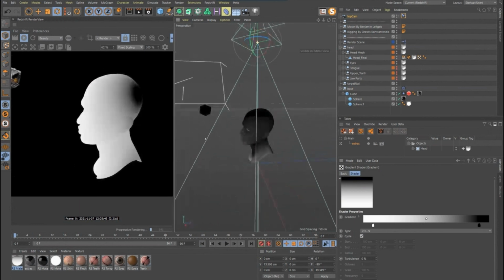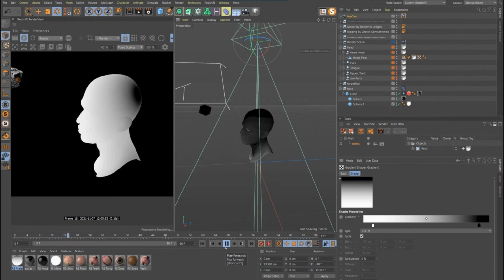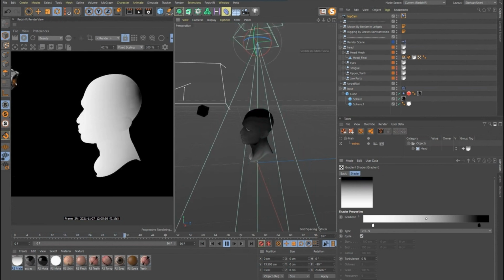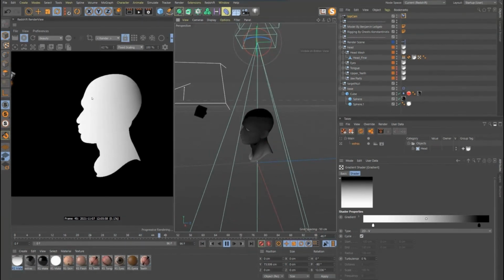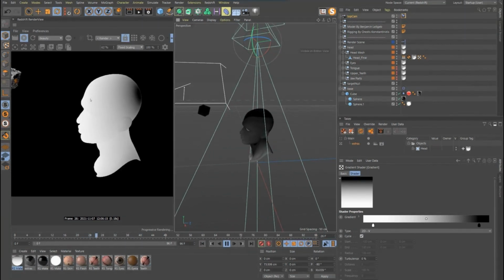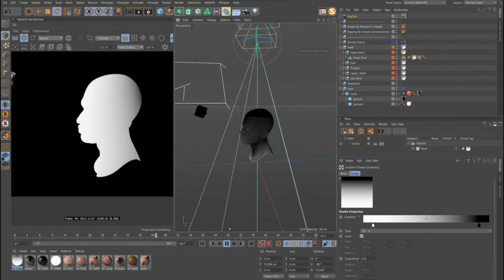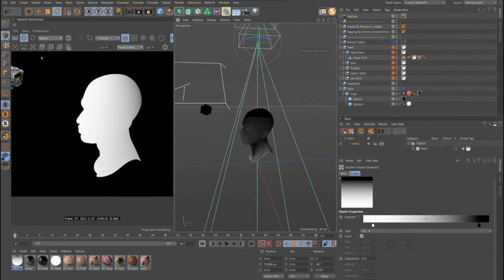And we'll watch it from here. If we hit play now, this gradient will slowly move around the head based on where that thing is pointing. We can use this as a Luma mat to cut out the parts of the face that we don't want to see. The other thing I want to do with this, because now we have the part facing the camera, let's do just a top to bottom gradient.